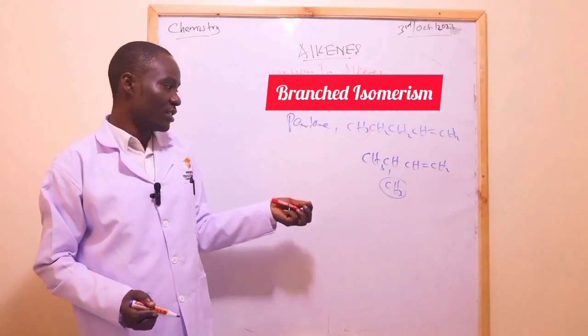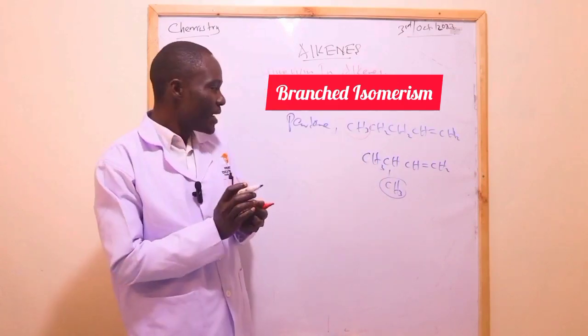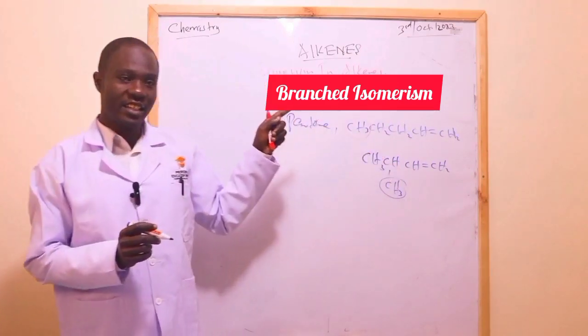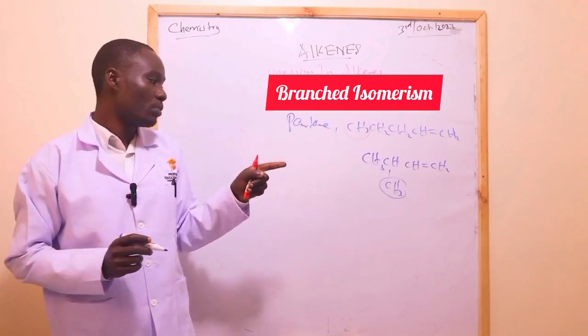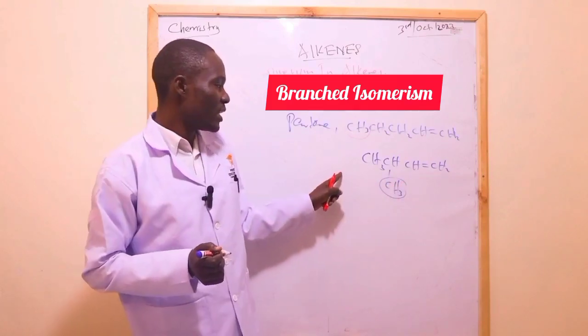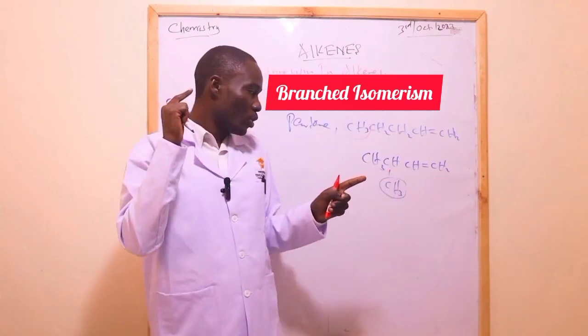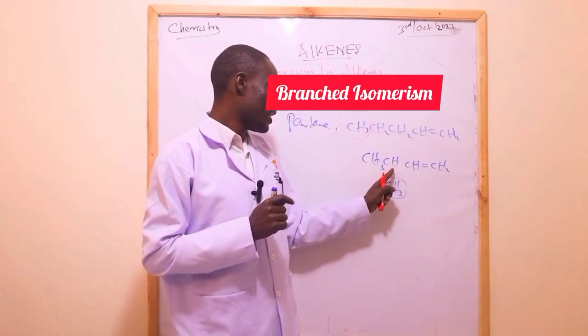So whose name will change? The name will change. How do we name this? The naming or giving names in alkenes is the very same as is done in alkanes, and also will be the very same as we shall be doing in alkynes. So in this case, giving the position on which the methyl group has been attached is on carbon number